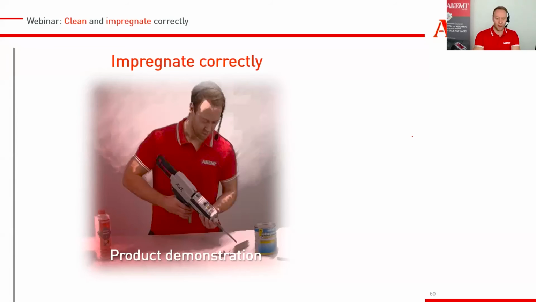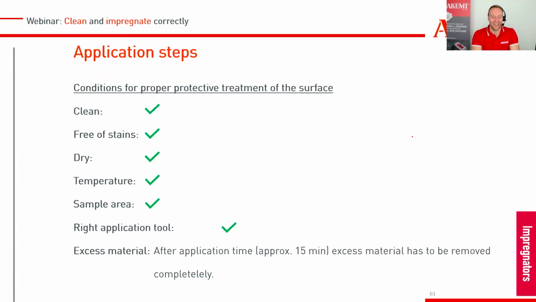Good. Now we have impregnated, penetrated, sealed correctly. Now, as I said, we have to make sure that nothing of the impregnation stays on the surface. So usually we say to get a good result, the application time should be at least 15 minutes. 15 minutes wet like it is right now. Of course, it's not always possible to keep that, because if you have especially a rough, very absorbent stone, for example a sandstone outside, a little bit warm, it's nearly impossible to keep it completely wet. But then at least do